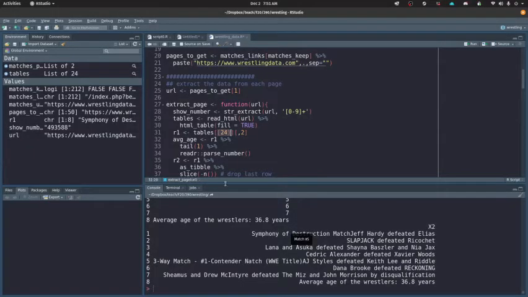So by poking around, I think this is the last one. Well, this is the last one. I don't know if that's a common feature. So